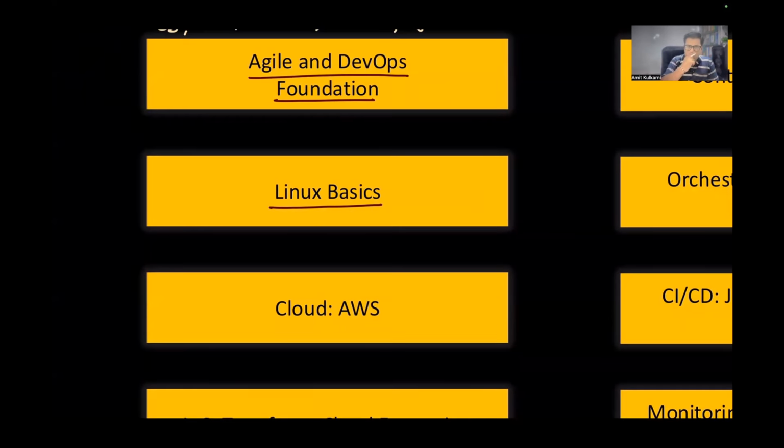Of course, there are a few tools which are Linux specific. For example, Kubernetes cannot be installed on Windows. You have to have Linux to install Kubernetes. You can install something like Minikube on Windows, and that's okay, but Minikube is not used in production. If you want to create your own server and a Kubernetes cluster, you have to have Linux on that machine. So Linux is the future, and that's the reason we'll start with the Linux basics.